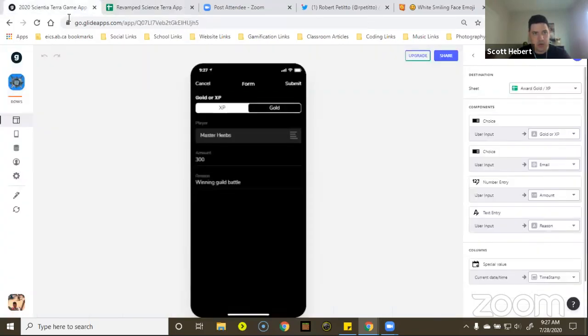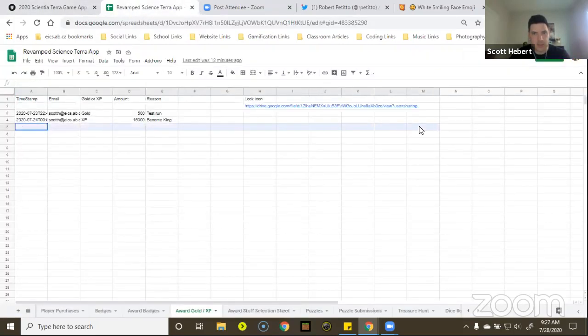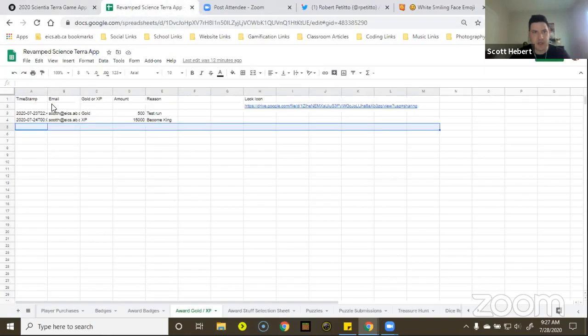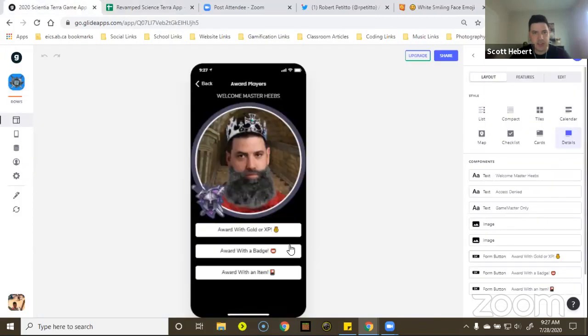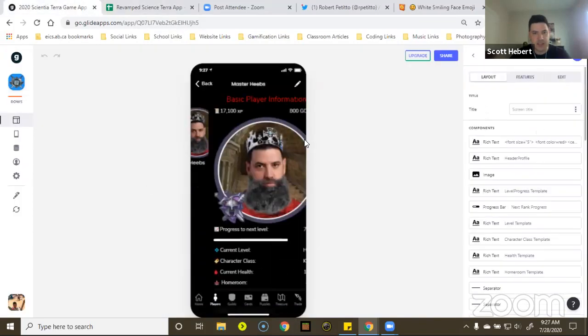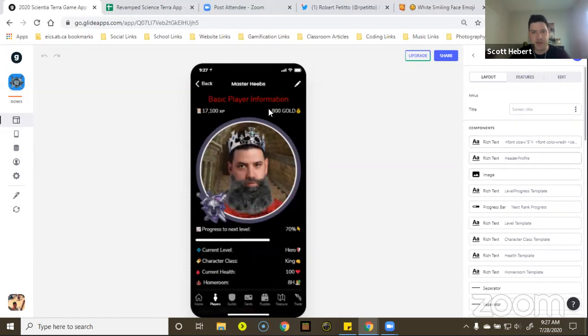So I'm going to go into this row right there. I'm going to give myself 300 gold for winning a guild battle because, of course I did. I hit submit, and there it is. This amount gets transferred into my profile, and you will see that now I had 500 and now I'm at 800 gold, which is really cool.